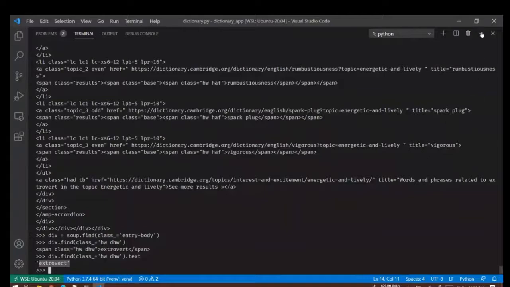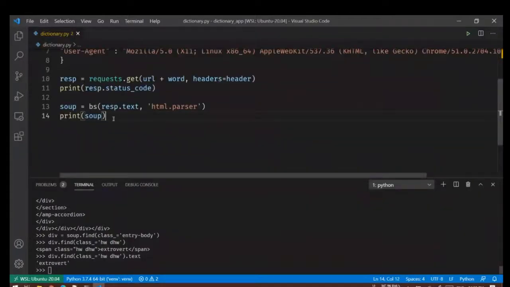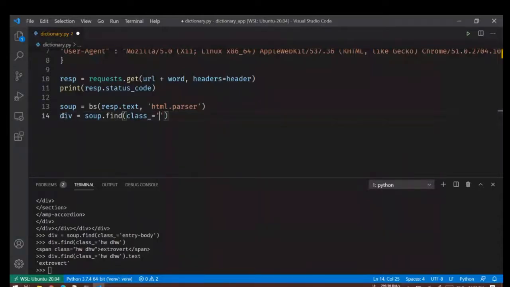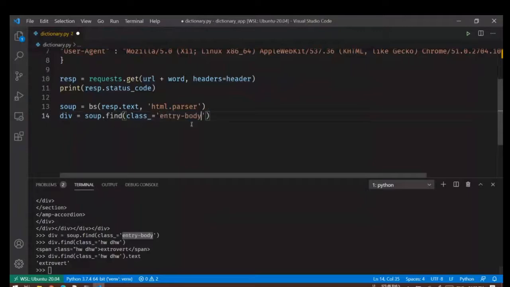Okay. So let's add these things here. First is I want div. So div will be soup.find and class underscore, and here this was our class entry body.